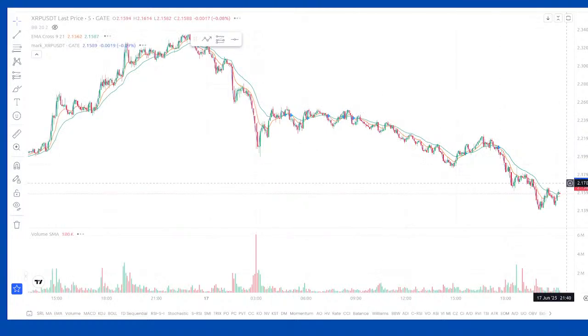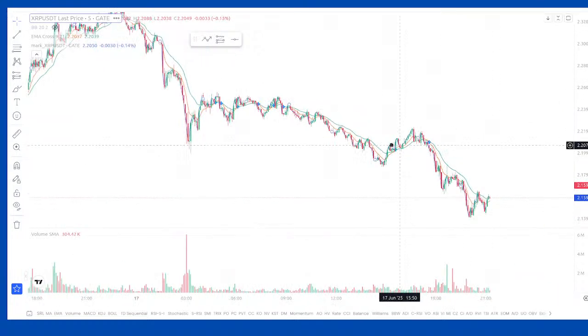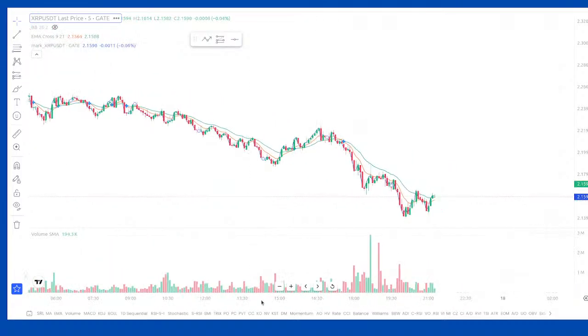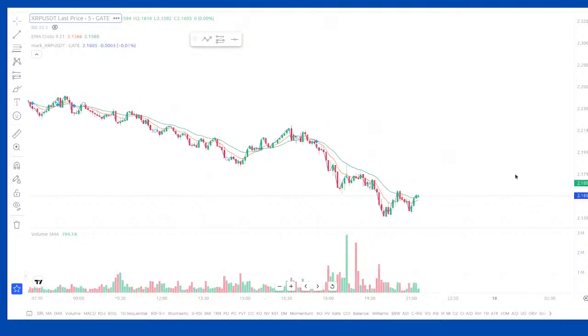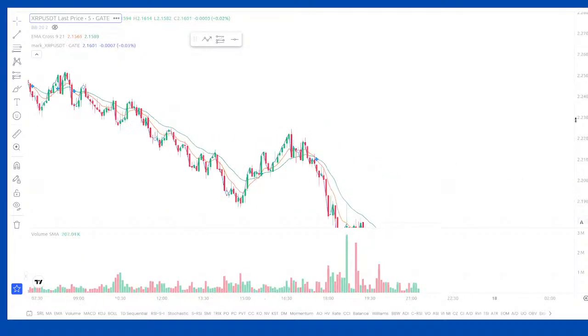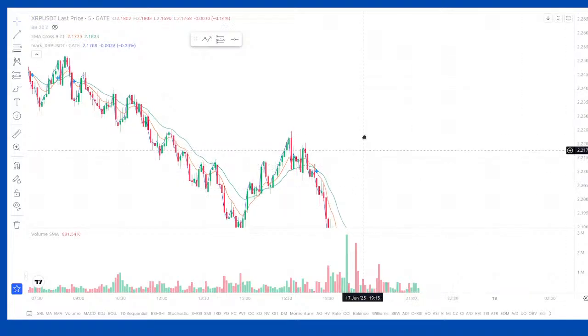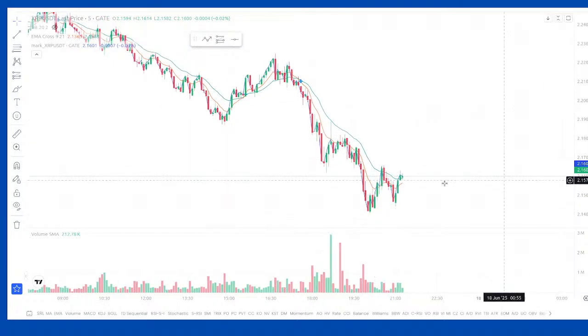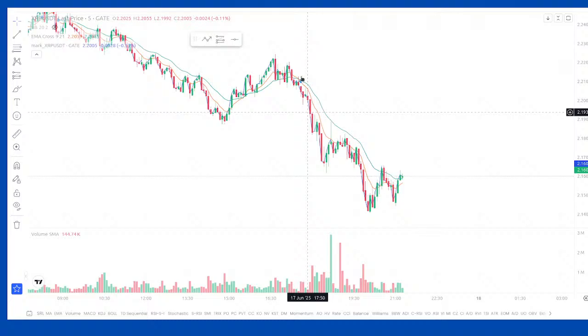So as you see, now I have selected EMA 9 and EMA 21, and remember I selected EMA cross, right? So EMA cross simply helps us to identify the key regions or the key areas where this EMA 9 has crossed EMA 21. And remember, this cross has a meaning. Like in case you happen to see EMA 9 crosses EMA 21 from above downwards, that simply means that